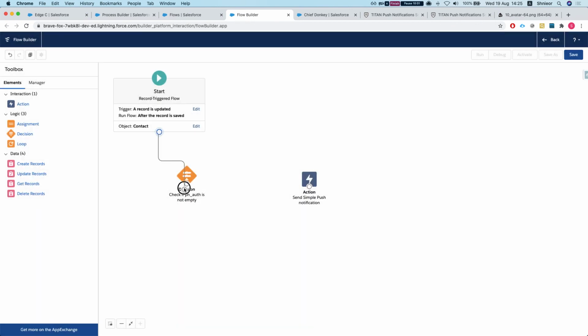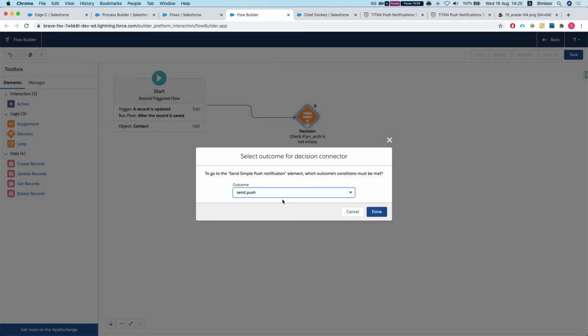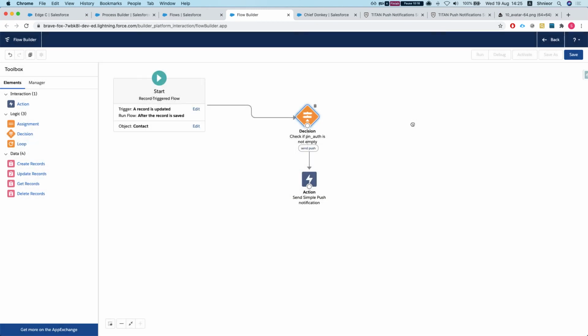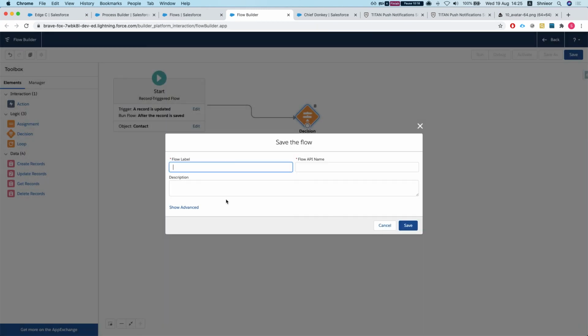We'll connect this here, and we will connect the action here. And what we will say, if this condition happens, then send the push. We'll hit done. We'll hit save. Simple push notification. We'll hit save,